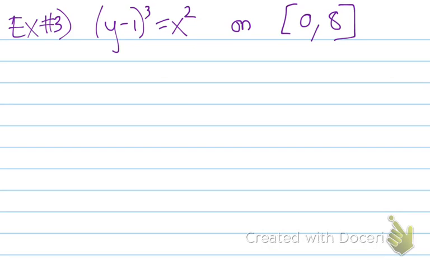So if we take the square root of both of those, we get that y minus 1 cubed, and then the square root, so I'm just going to put to the 3/2 power, equals x, and that should be plus or minus. So now we have x in terms of y. One thing, it doesn't specifically say this, but when you're given an interval, unless it specifically says that they are y values, don't assume that they are. Always assume that they're x values. So these are actually x values,